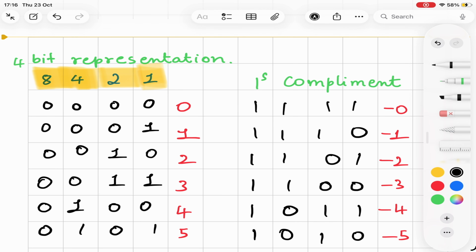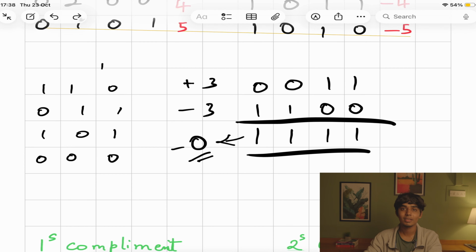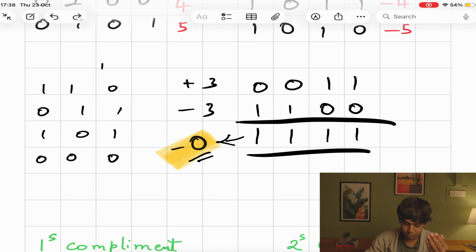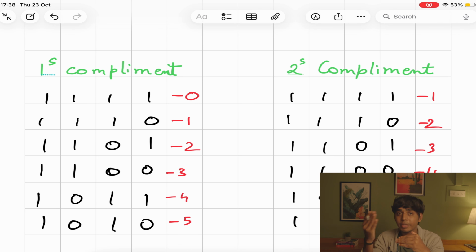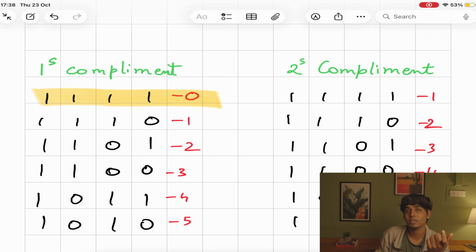So now to tackle this problem, we are going to use 2's complement. You saw in 1's complement we had the problem of negative 0. Every time you try to make calculations, you are reaching almost the value but with 1 bit difference. Let's say you took negative 3 and positive 3, you are reaching negative 0 here, which is almost close to positive 0. So what we do in 2's complement is that we remove this negative 0 by shifting 1 bit. Here you can see in 1's complement you have negative 0 as 1, 1, 1, 1. What you do in 2's complement is that you shift the bits, so you remove this negative 0 and in the position of this negative 0 you have